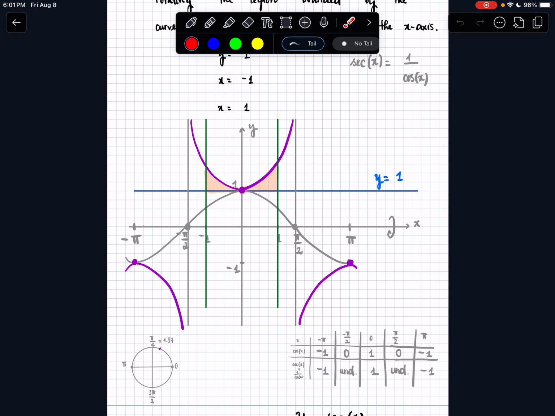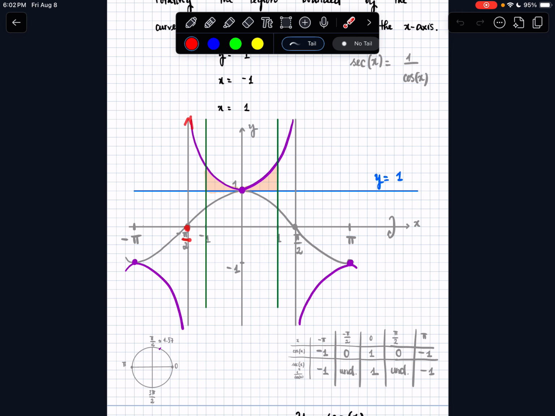Similarly, we can find the value of cosine of x where x equal to pi divided by 2 is 0. So secant of x, where x equal to pi divided by 2, is undefined. So at this point, we also have this asymptote. The function cosine of x, the graph looks like this. For the reciprocal 1 divided by cosine of x, the secant function, we have this asymptote here when x tends